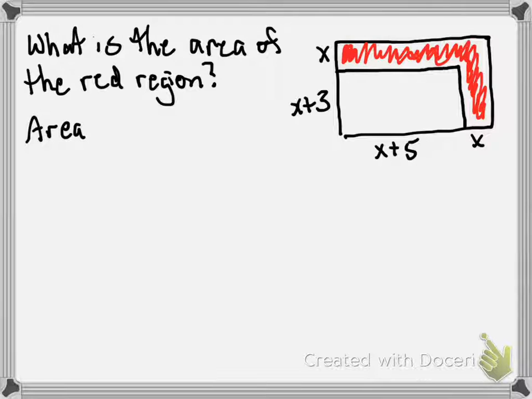of the large rectangle. So I'm just going to write that as area large minus the area of the smaller rectangle. That's how you're going to find the actual area of that red region. Now, let's start off with the large rectangle because that's the trickier of the two. So let me change the color of my pen. If you're going to find the area of the large,